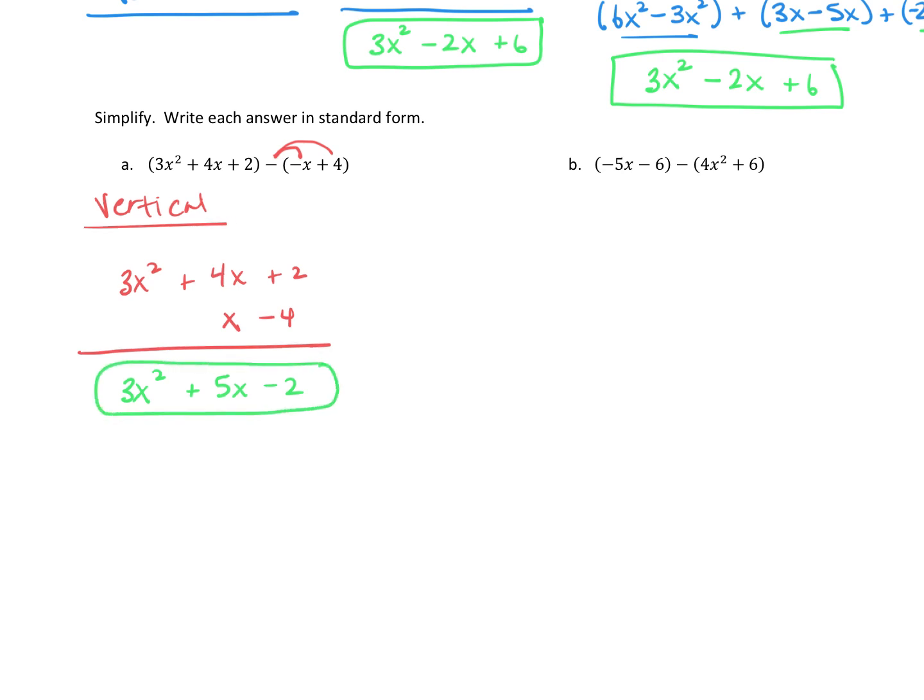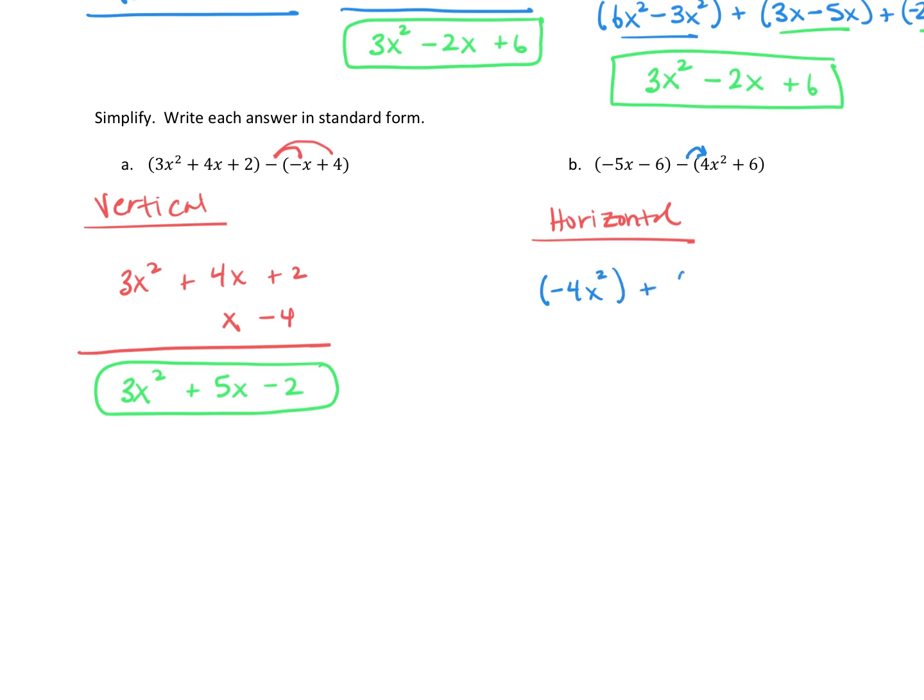All right, horizontal method on part B. So for the horizontal method, we are going to write our terms, kind of grouping them together. We're looking for the highest exponent, which is the highest degree, so we have an x squared here. So this term goes first, but we do want to recognize that we are subtracting a 4x squared. So that's going to be a negative 4x squared